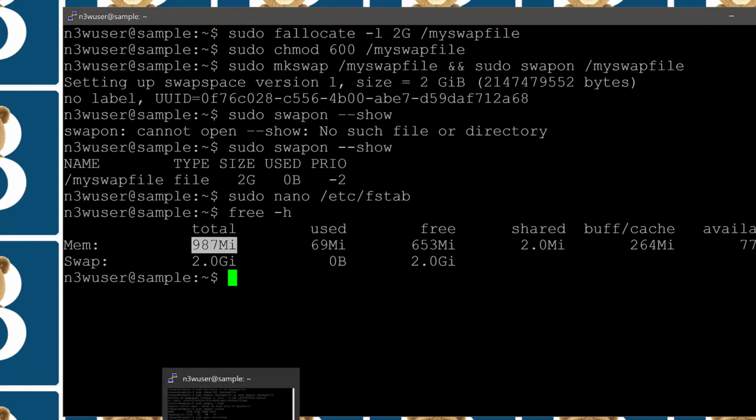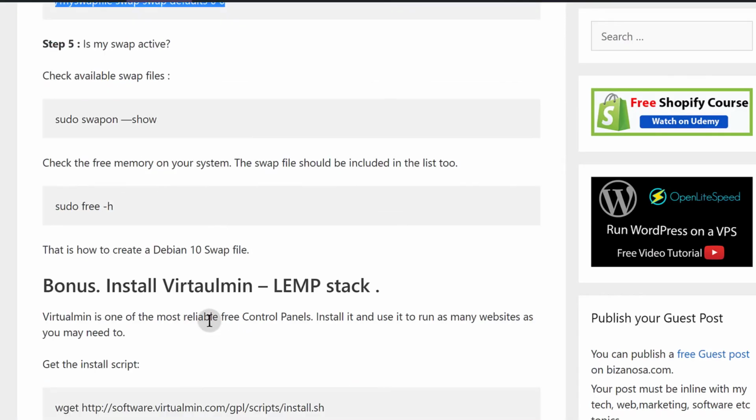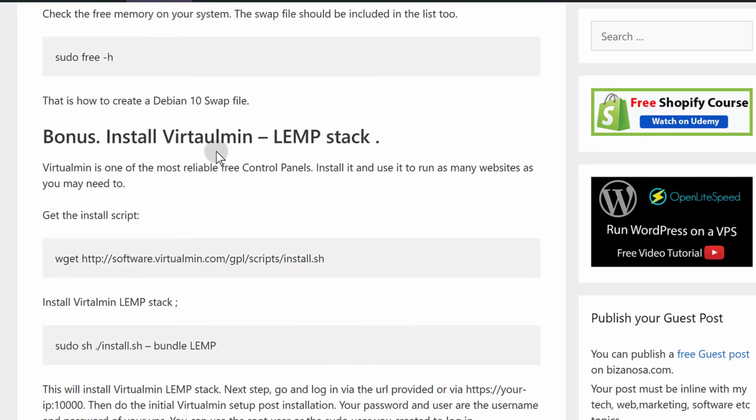Now the next step, let's just finish up by installing Virtualmin. So we're going to install Virtualmin, and we want the LEMP stack. So if you've watched any of my previous tutorials, you know that I would rather use the LEMP than the LAMP stack, especially on a small VPS like this. So if you do have like 1 GB, 2 GB RAM, just do yourself a favor and use LEMP or